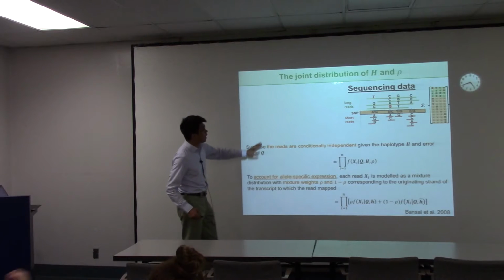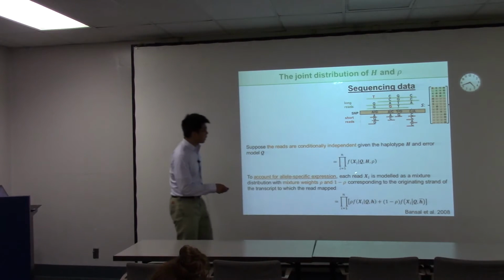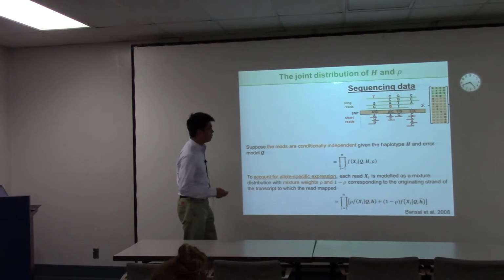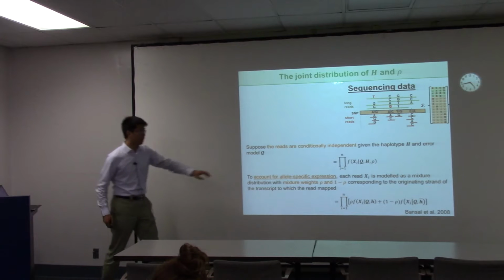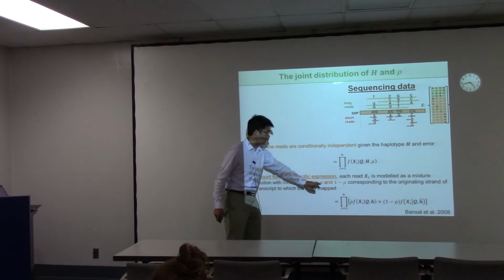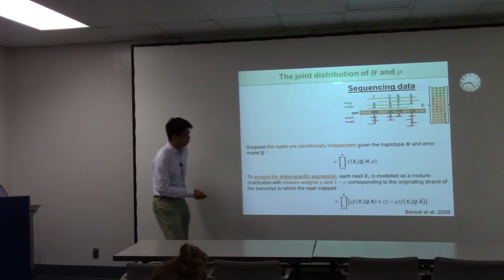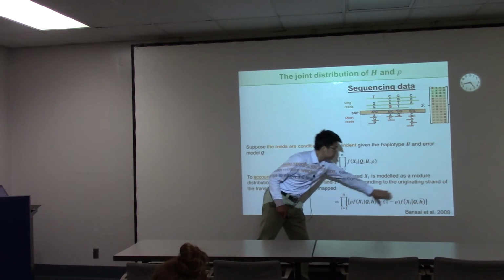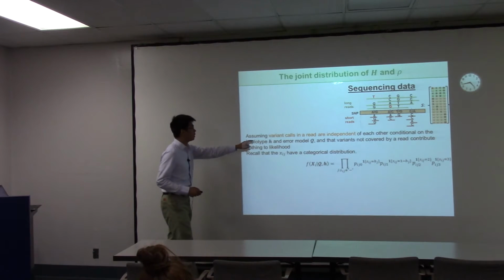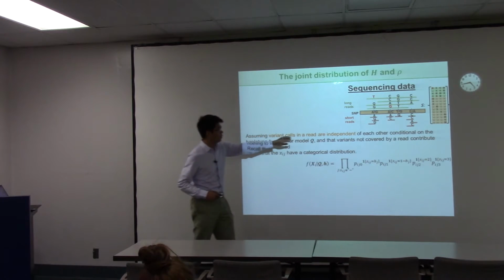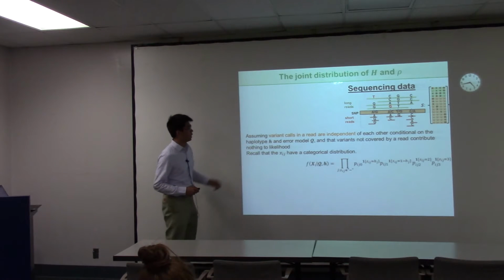When we consider RNA data, we have to account for allele-specific expression. Now each V, xi, can be modeled as a mixture distribution with the weights rho and 1 minus rho. I remind you that this is the gene-level allele-specific expression. And we will have these two items here. Furthermore, we will calculate this F and this one. Assume each variant call in each V is independent, conditional on the haplotypes, Qs and rho, then